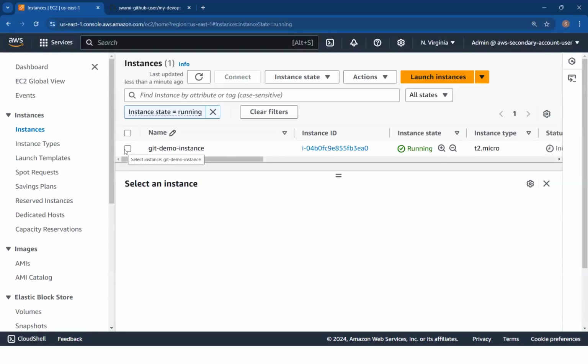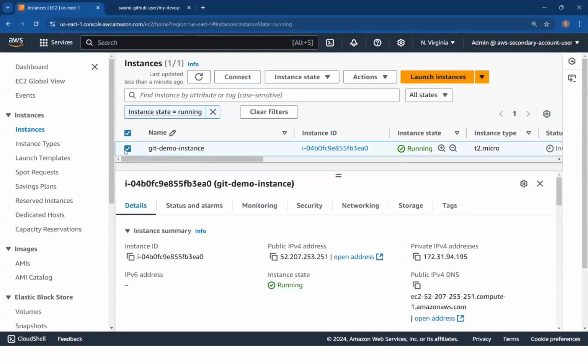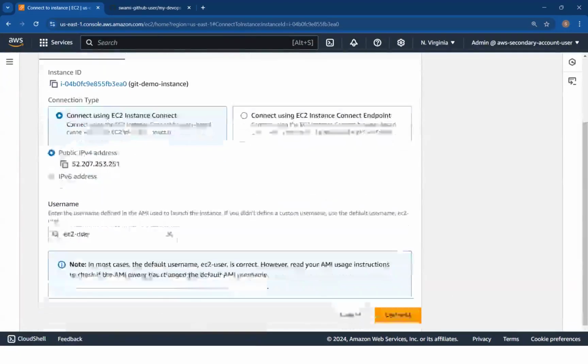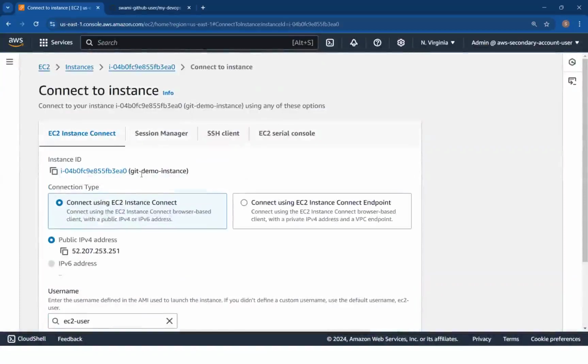Because what we'll do, team, meanwhile, is let's just connect to this instance. Okay, you know the process well, we can connect to it from this connect option as well. And you can go and click on EC2 Instance Connect as well. It is the simplest of the ways, but I can show you how you can connect to it from your local machine as well. Okay, so just give a second.